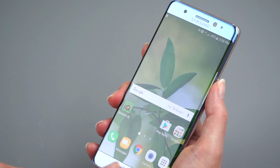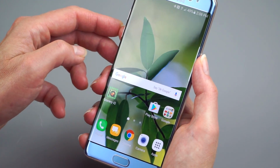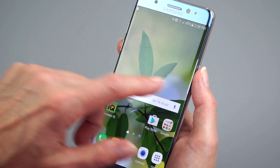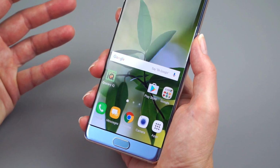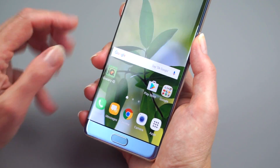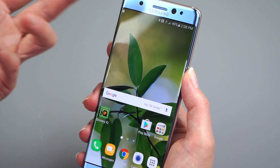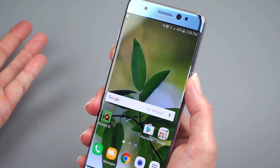When the phone's off, you just touch the fingerprint scanner, you can unlock it. If you want to use the iris scanner, you actually have to swipe up and then swipe to the side to use the iris scanner. Why is that? Because you have your always-on display. So Samsung didn't want it, so you pick up the phone to look at the always-on display, and if it was always looking at you, it might unlock, and you wouldn't actually be able to read your always-on display, would you? So that's the Samsung Galaxy Note 7, available now, and it's one of the most expensive phones on the